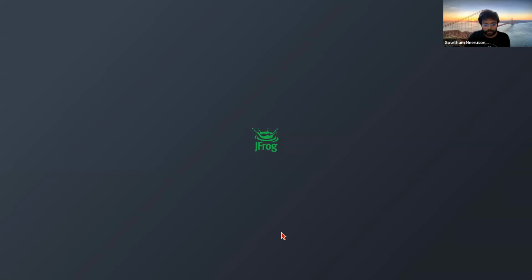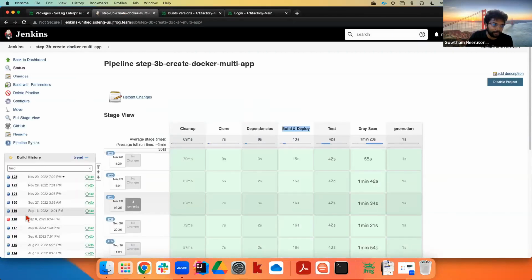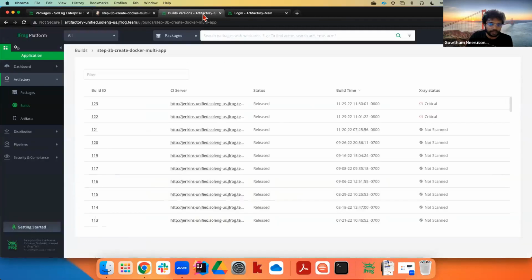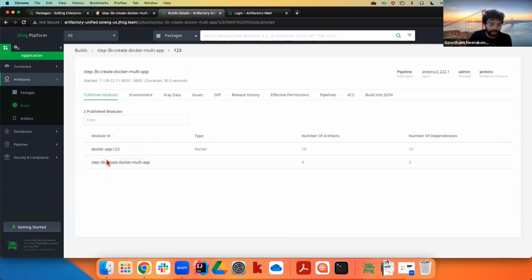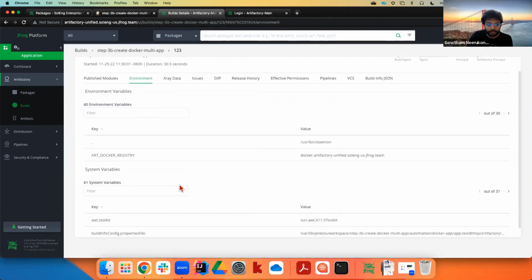Let me log in. So here I can see the same set of builds that the build pipeline has produced within the Artifactory instance as well. So the entire metadata about the inception of the given artifact has been captured by Artifactory. Here I can see the published modules, which is the Docker image, the number of artifacts and dependencies that are part of the given build, and the